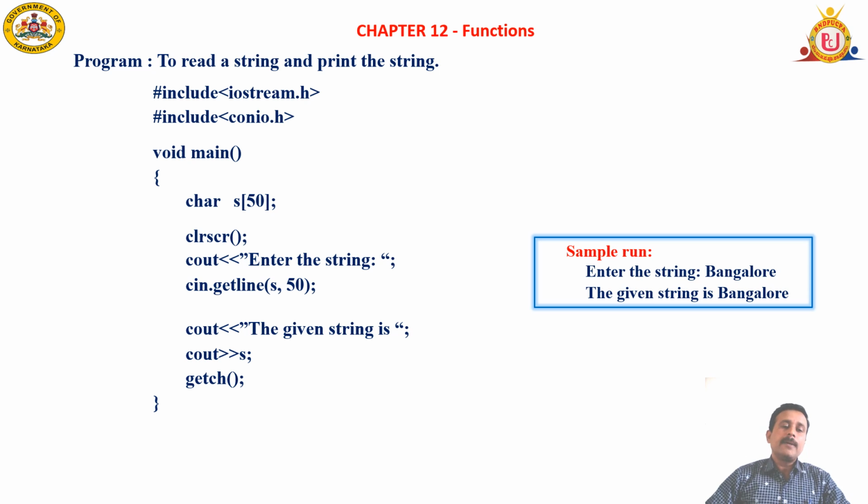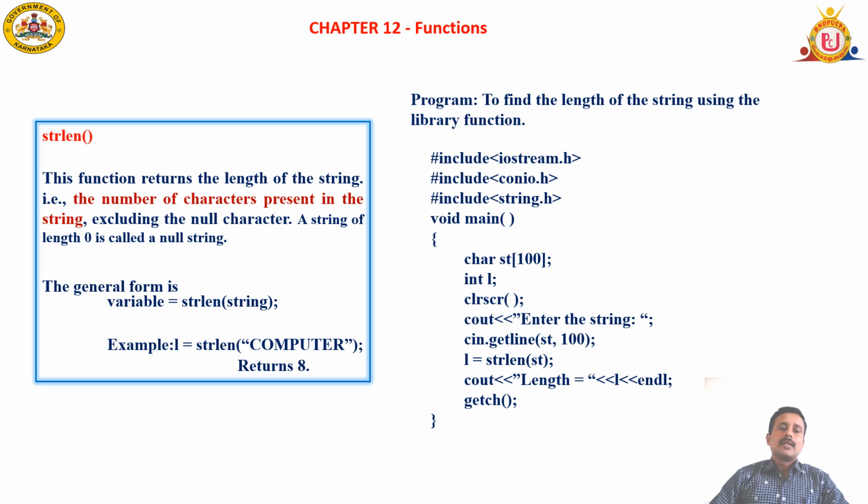Then, because write is a binary form of data, I am straight away giving cout.write(s). The string is outputted over there. getch waits for a while for the user to press any key. When the user presses any key on the keyboard, it will continue its process after displaying the result.